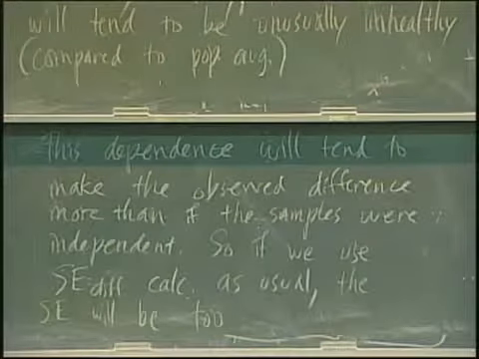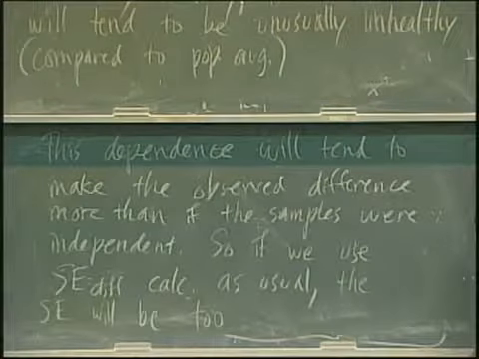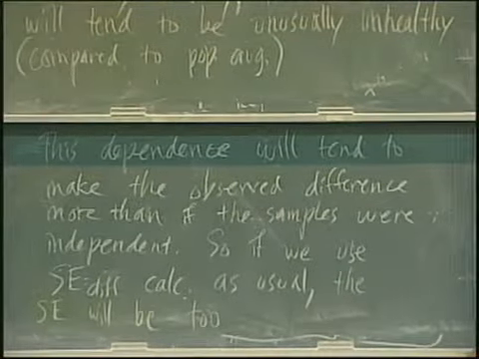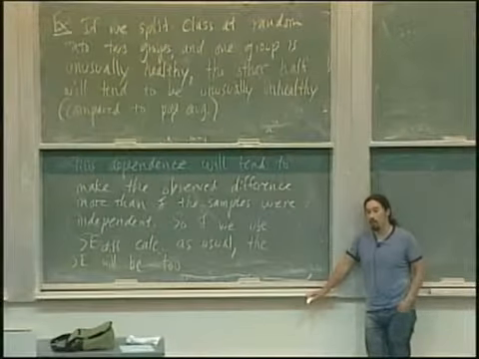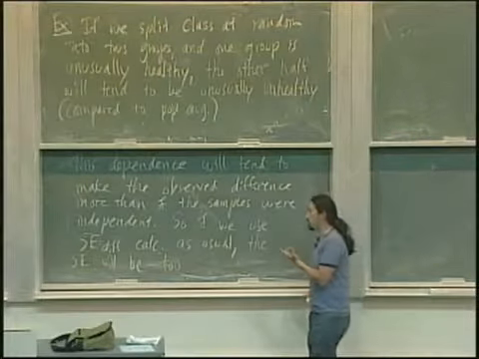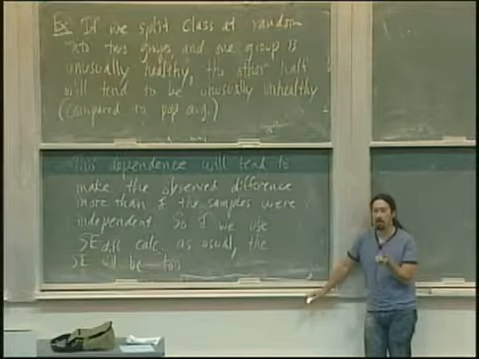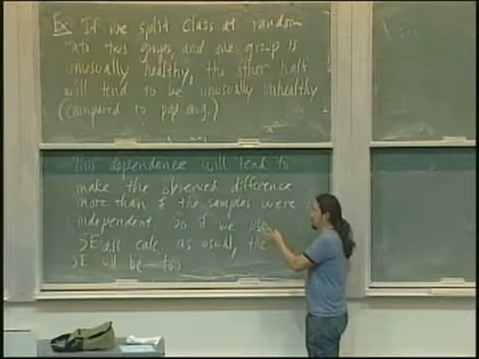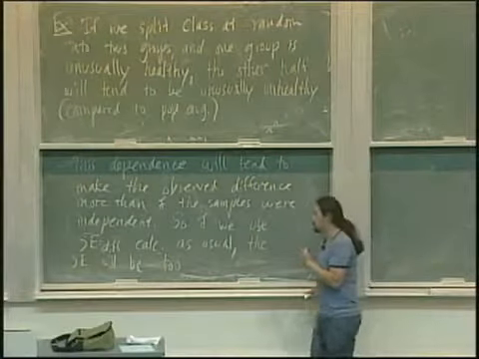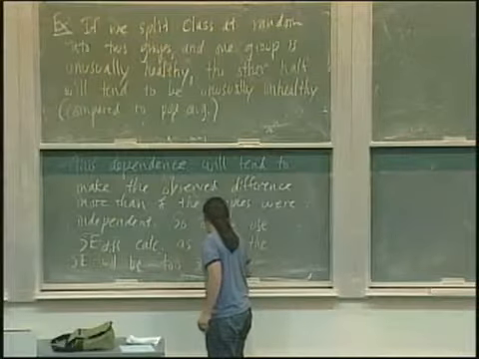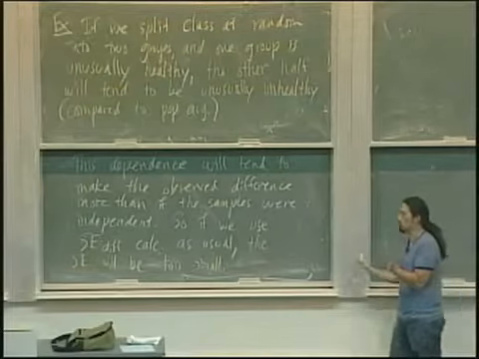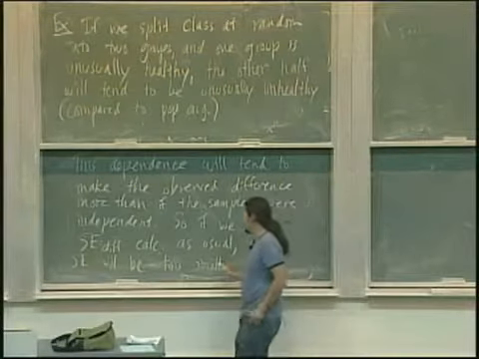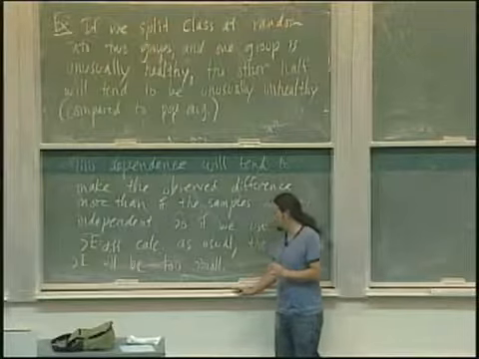So if we just do the usual math, will the standard error that we use be too big or too small? It'll be too small, because what's the SE trying to do? It's trying to tell you the likely size of the chance error. And the likely size of the chance error is actually bigger than you would expect. So if we just carry on as usual, do everything as if they're independent, we'll get a standard error, and that'll be too